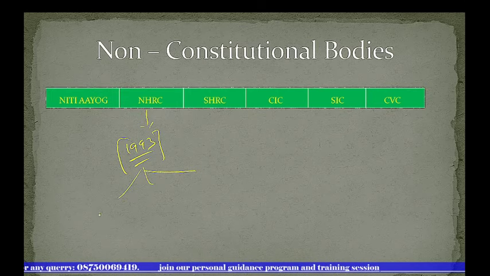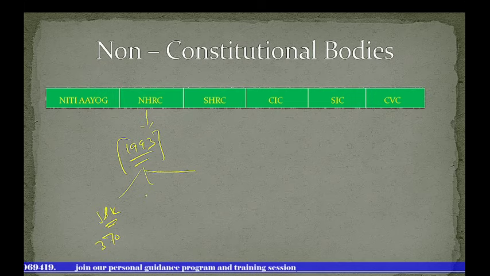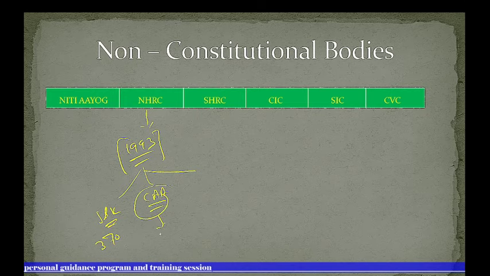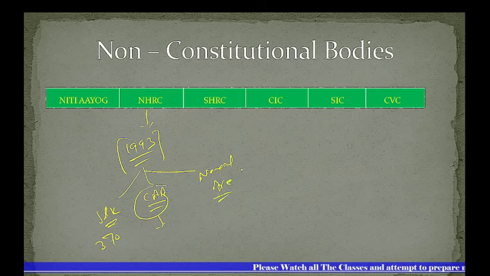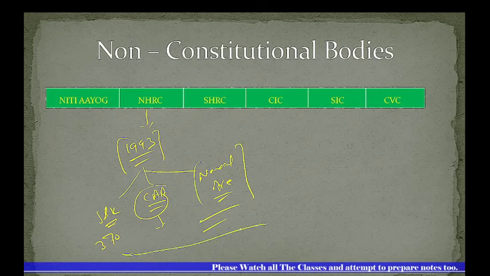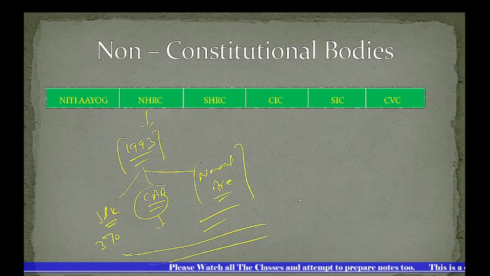As we know, J and K 370 has been repealed, and then you can say protest CAA, Citizenship Amendment Act protest, when it happened, many people were killed there, and it was discussed that Human Rights Commission will also come to the front to investigate the matters. And other cases are there, just like communal violences are there, and many violations by the government are being done. And one more case was there in Naxal area. 12 people from a village were killed. So because of all these factors, National Human Rights Commission has become very important.